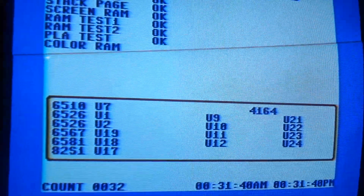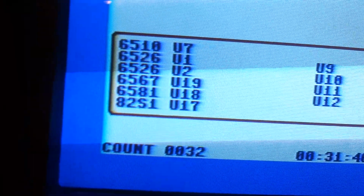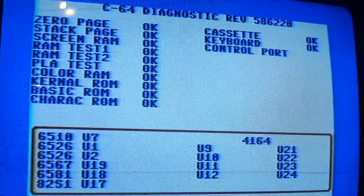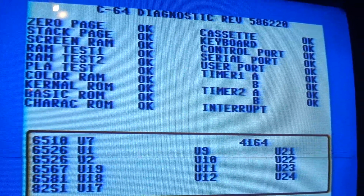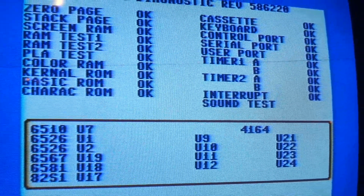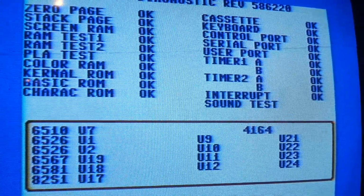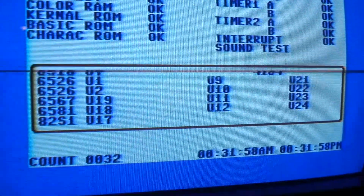There we go. Ran 32 times right there. Everything's still in blue. On the last run, I did realize that the SID chip was bad. Hear how beautiful that sounds. So anyway, it was this chip right here,